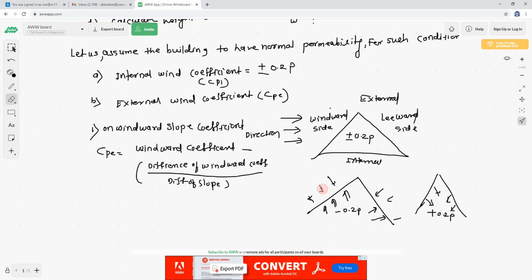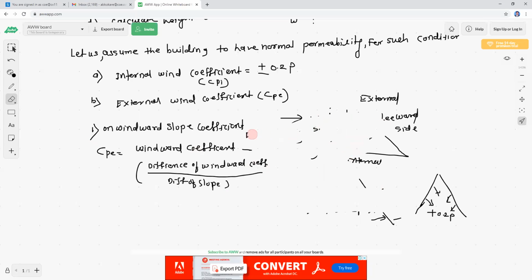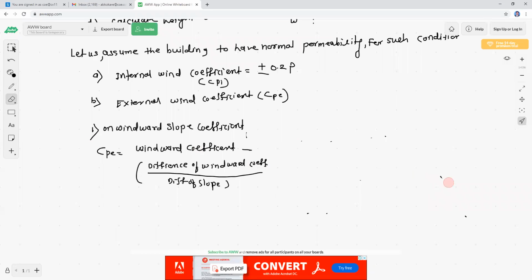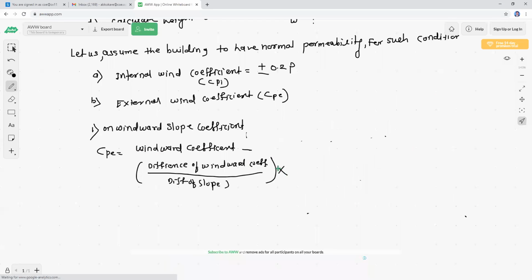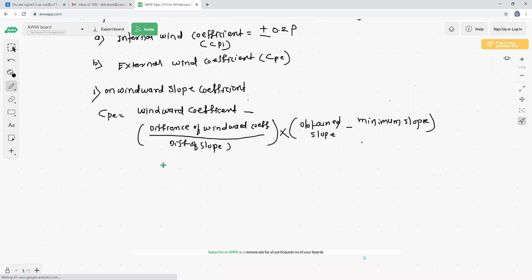Just a minute. So these are the only formulas I am writing. These formulas are there, into obtain slope minus minimum slope. So what is this actually? Windward coefficient कुठे आणि कसे असतात ते मी एक एक्झाम्पल सांगतो. जनरली